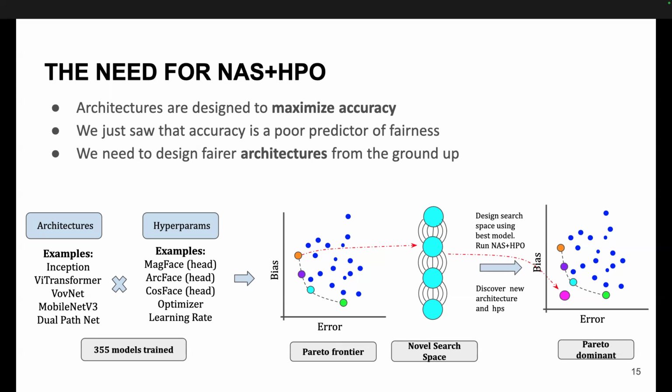And so we saw on the previous slides the Pareto front of these different fairness metrics, and the highest performing model is this dual path network. What Rhea will talk about for the majority of her time is designing a search space around that and seeing if we can use these AutoML techniques to find a novel architecture that lives in the bottom left of all of these plots. So back over to you, Rhea.